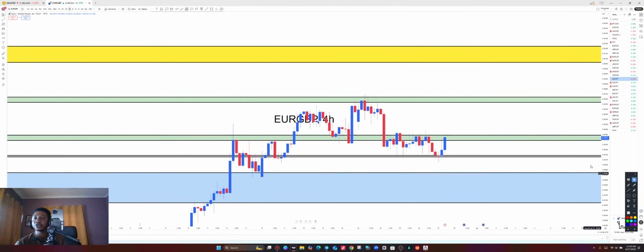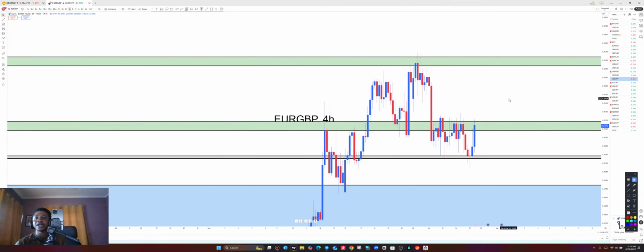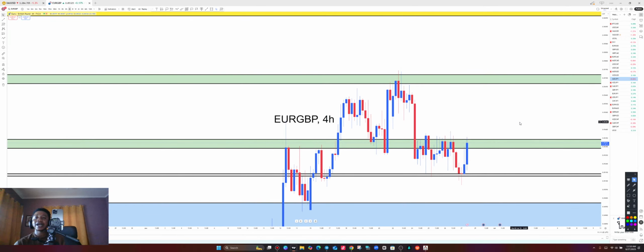All right, so this is also the 4H time frame of EUR GBP. Now EUR GBP on the 4H time frame, we can currently see that after price gave us the retest again on this daily support level, it has since been moving in a range or a consolidation period. We have an equal level of buy pressure and an equal level of sell pressure over here, giving us a range period here on the 4H.